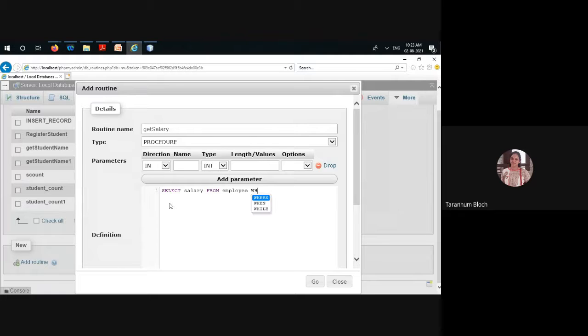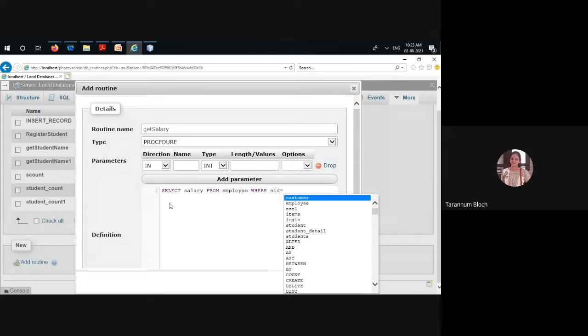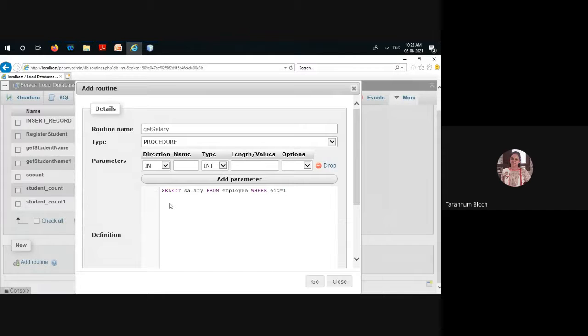Where you can say employee ID is equal to whatever ID you are entering, right? Now, if this is the query, I want salary as an output variable and employee ID as an input variable, right? So what we can do is write the code between begin and end,